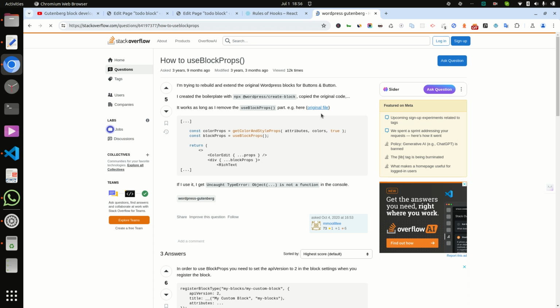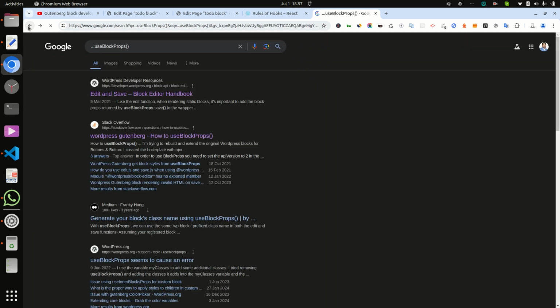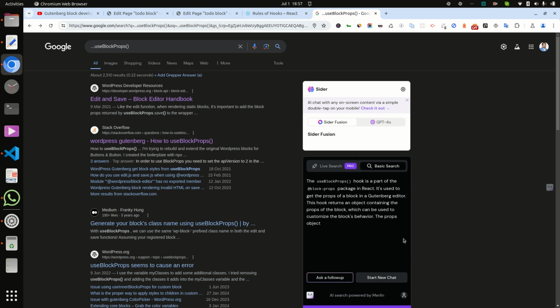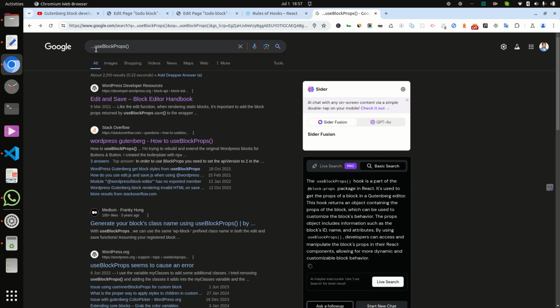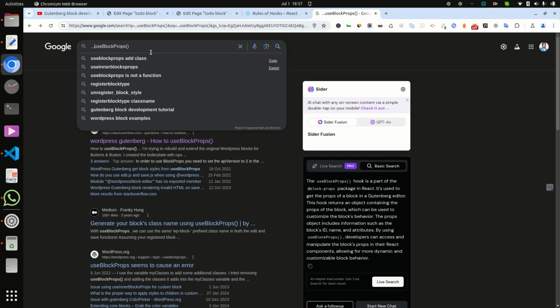Okay, not getting the exact solution from here either. So I am getting something like useBlockProps.save.